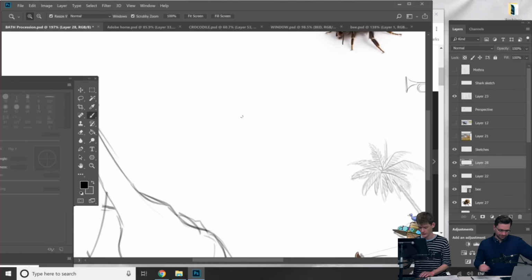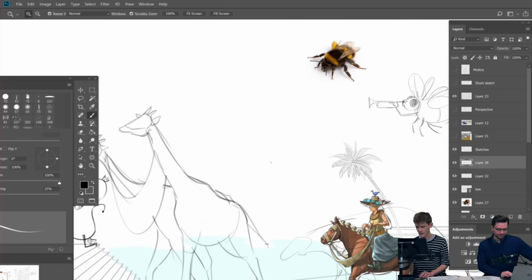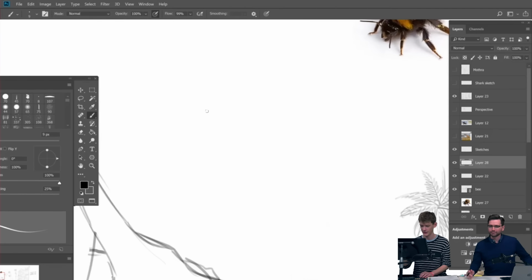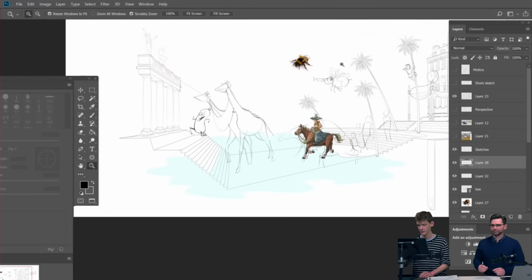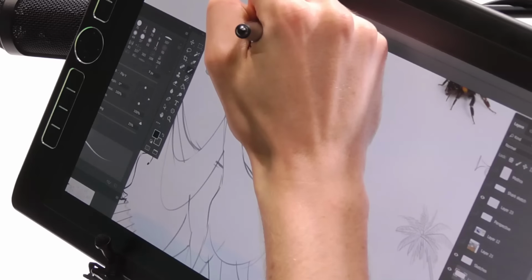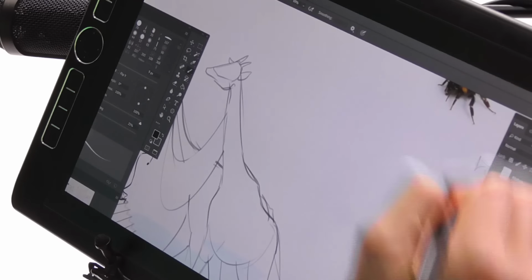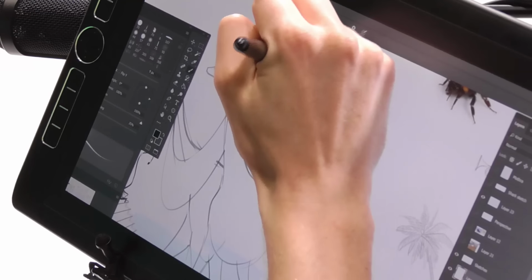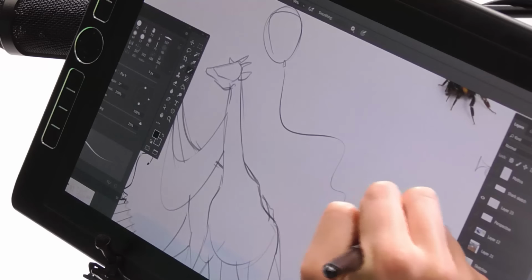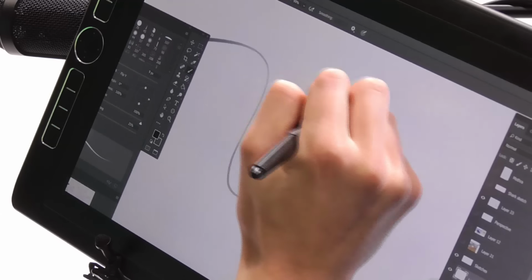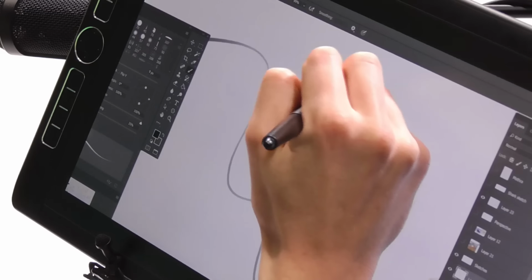Okay. I think with this, it's becoming a bit cartoony, so I'm not going to worry too much about any photo reference for this one. I think I'll just try and wing it. So again, zooming out, thinking about my composition. Let's zoom in. Got a new layer here. Get a balloon coming up here. Bit of a waggly line. All right, and let's start with our mouse.